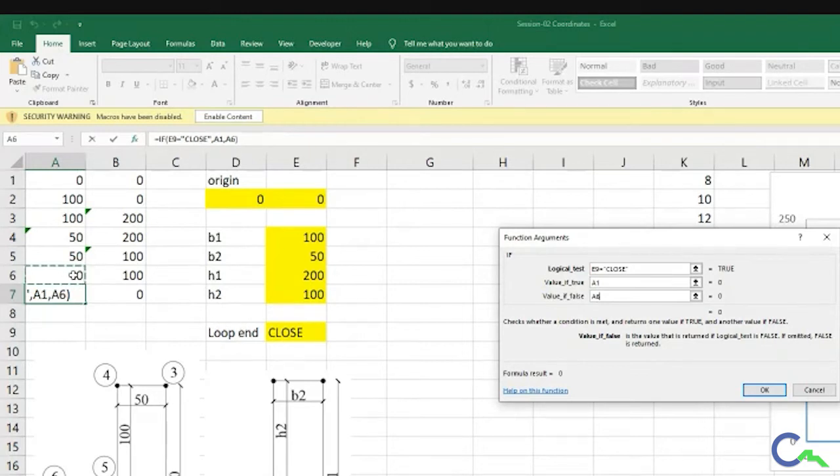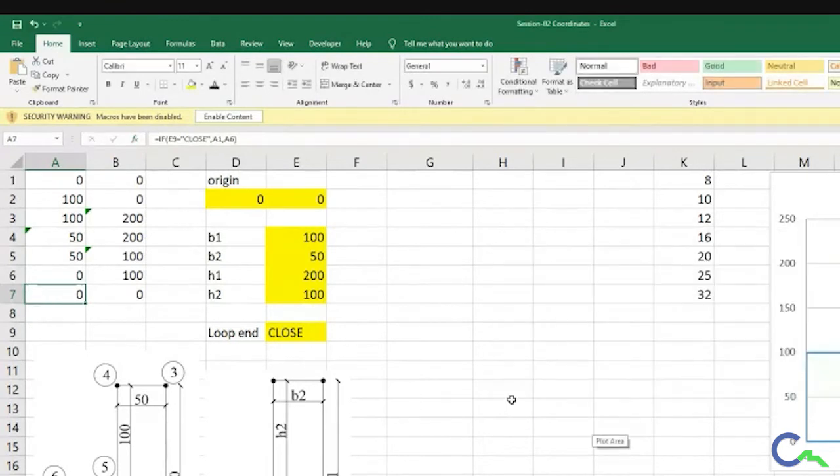You try to solve this one, or try to do it again, do the practice, you will understand easily. If it is close, I have to get the first origin, or else I have to stop here and get the same coordinates as the sixth one. Then I will click okay.